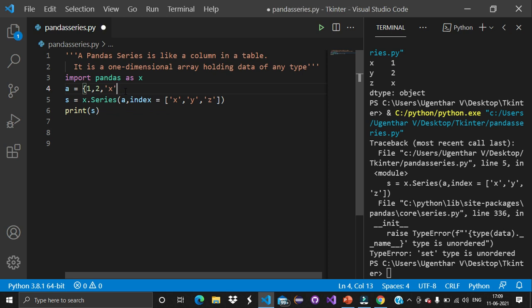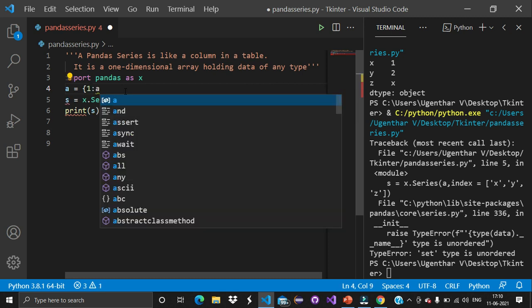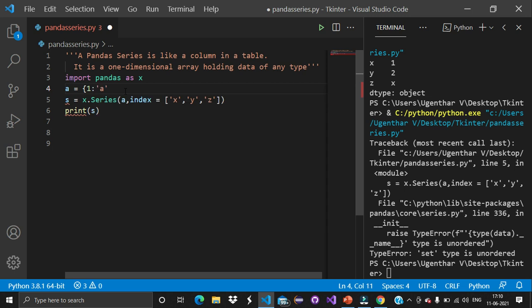Now let's try the key value pair, which is nothing but the dictionary, also called an object. I'm giving key 1 and value a, and key 2 and value b. This is a dictionary I have created.